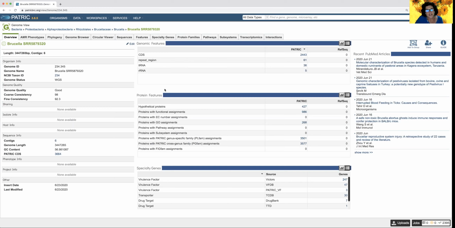And then there's more information about the genomic features that are called on the genome, the protein features, and the specialty genes. If you've watched any of the videos on the annotation service, we talk about this a lot. Any genome that's annotated in PATRIC is blasted against specialty databases for virulence factors, which include Victors, VFDB, and a special PATRIC database that we did some hand curation on. Antimicrobial resistance genes from CARD and NDARO. Human homologs,